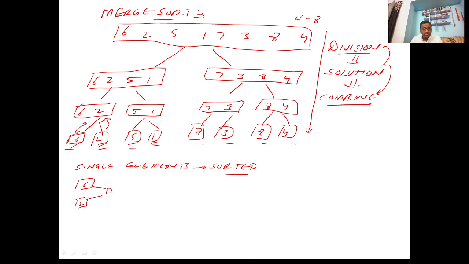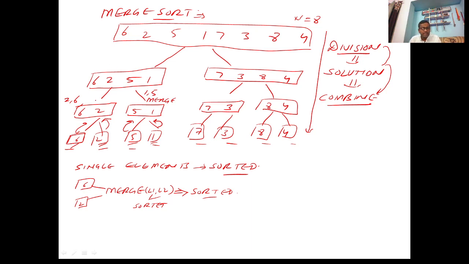So here, the merge function that we learned in the last class comes into action. Two lists L1 and L2 are passed to it. L1 and L2 both are sorted, and merge will return a single sorted list. It means merge is going to return 2 and 6. In the same way, 5 will return to this node, 1 will also return to this node. Again, merge will come into action and it will return the list 1 and 5.